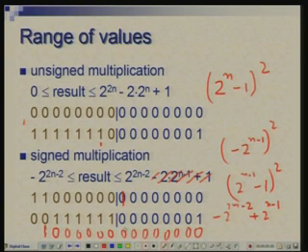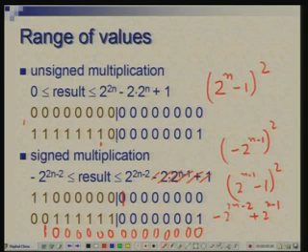Roughly speaking, you are getting about half the value. Okay. If you take it approximately, you are getting roughly half the values in magnitude. Okay. But still you have to use 2 n bit registers, you are not utilizing the last bit fully. Okay.